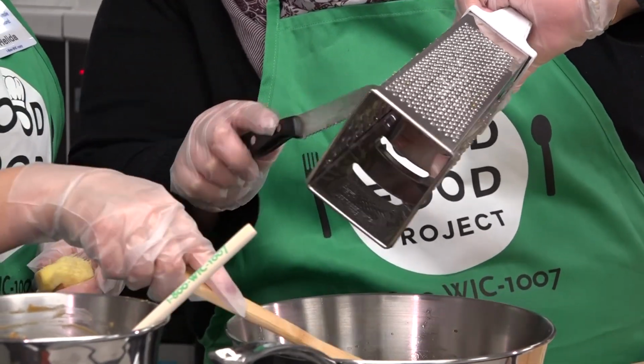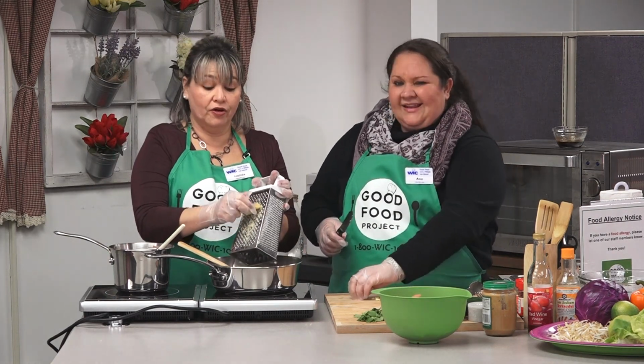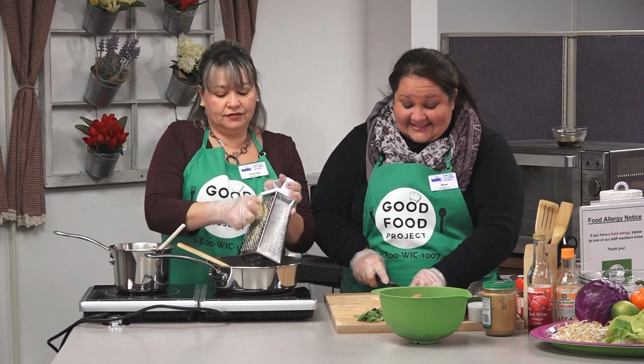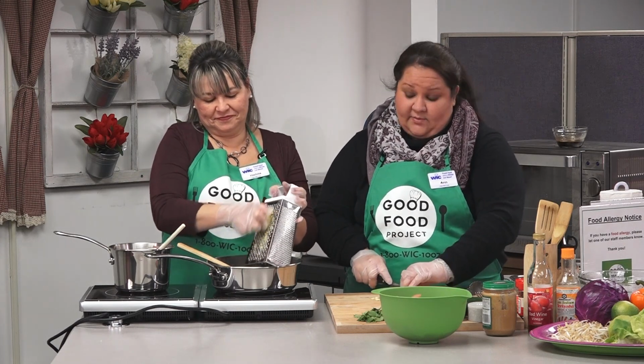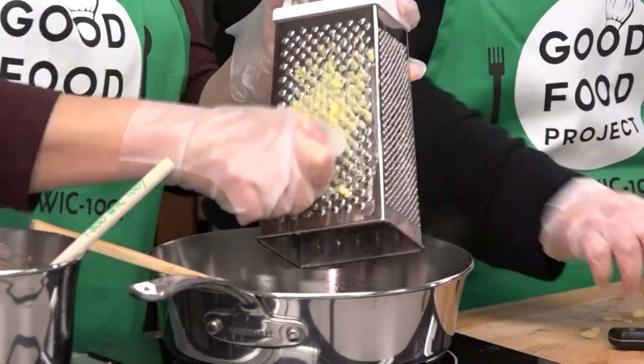This is really to taste. I like a lot of ginger, and I used a lot of ginger when I made it earlier. Oh yeah, I tried it, and it was very gingery. Yes, and I don't want to waste any ginger, so I'll mince this one while she's grating that. Let me know when